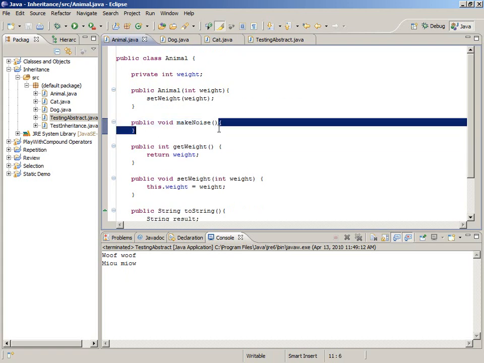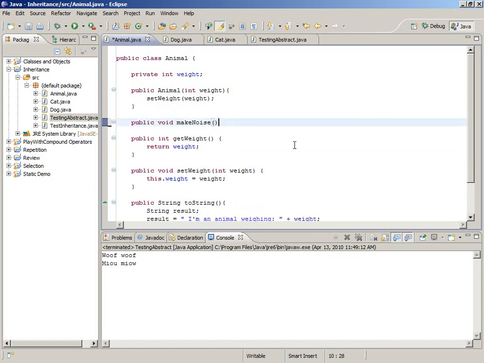This make noise method doesn't do anything, and it's not intended to do anything. So let's take out the body altogether, which are the braces, and put a semicolon there. So it doesn't compile yet. We're going to make this an abstract method. So our purpose is to have a method signature here. Abstract means take out all the detail. Well, we sure did that. We took out all of the detail. It has nothing in it at all. And we use the abstract keyword,